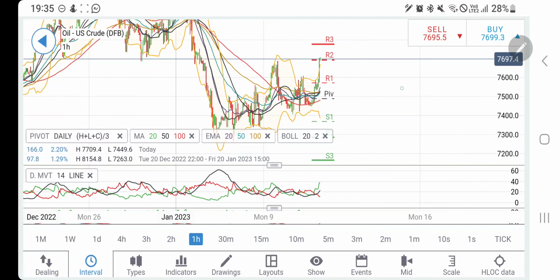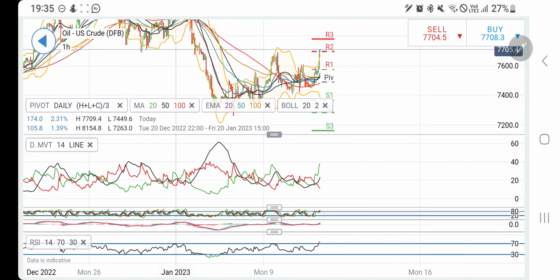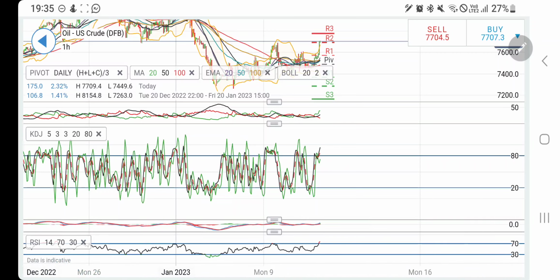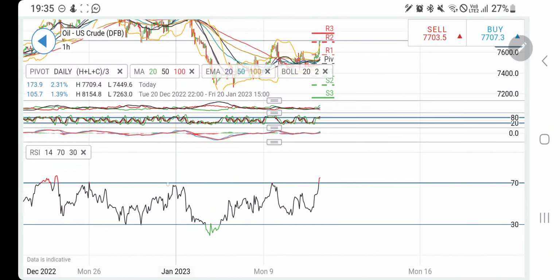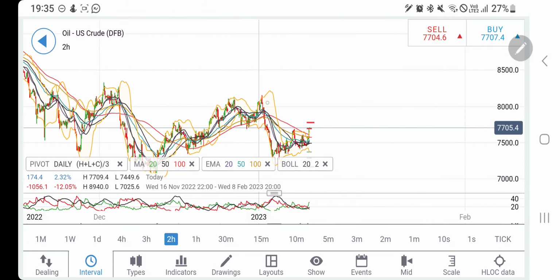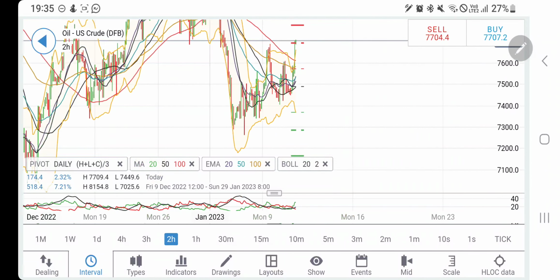The only sell entry now is below 76 levels, below 76.5 or 76. You can expect a little more bearishness till then, but probably nothing to sell here. It is bullish on the hourly charts, stochastic overbought, MACD is bullish, RSI is also overbought here, but it has got the momentum. It may continue to trade with this bullish momentum for a little while.